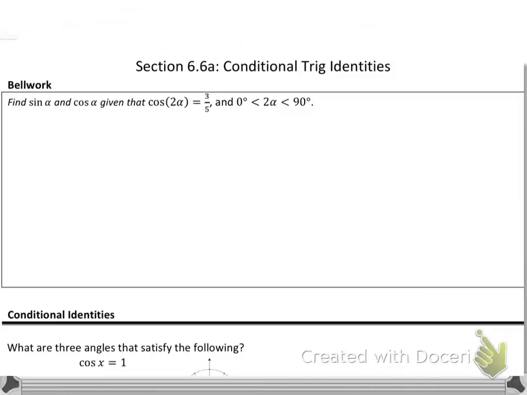Now remember, my hint to you is always, if you're ever doing double angles, to find cosine 2 alpha first. But look what they gave me. They already gave me cosine 2 alpha. So don't go ahead and find sine 2 alpha. That's not going to help you at all. That's just going to be a waste of a whole bunch of space and time. As soon as we have cosine 2 alpha, which we have,